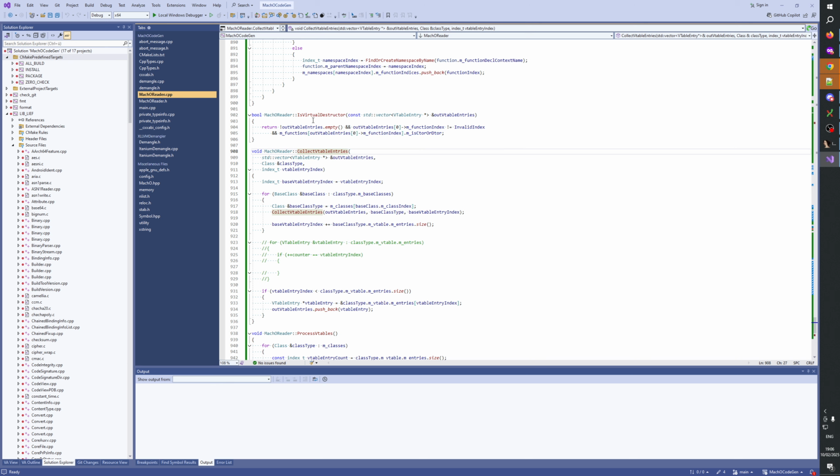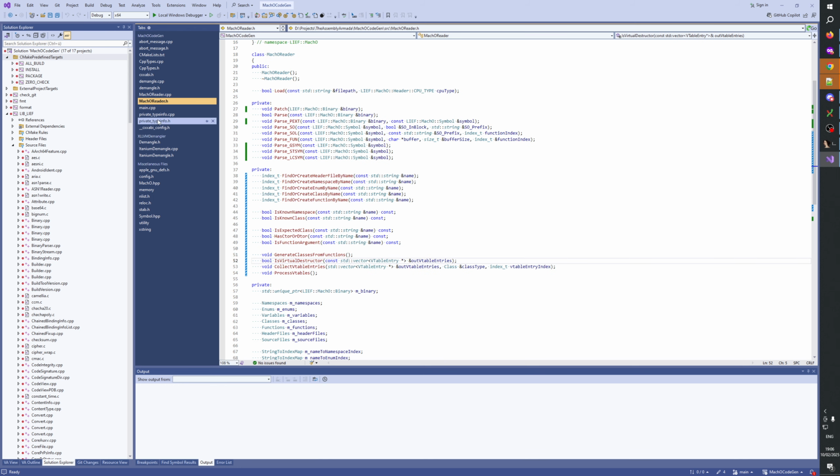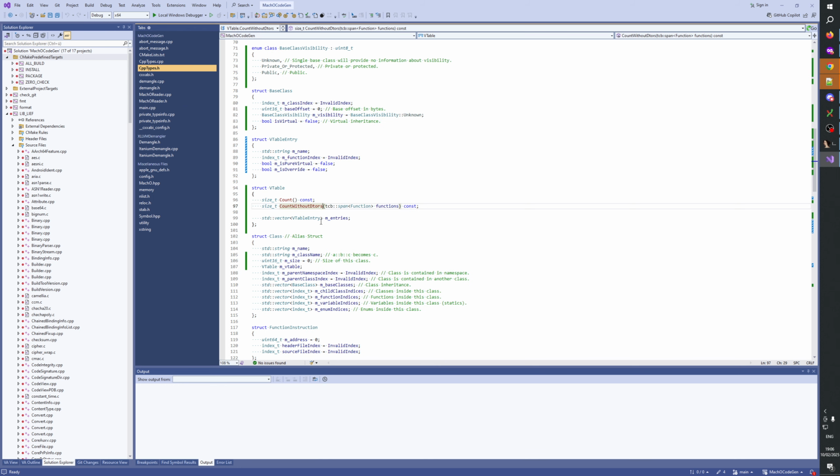I have a new idea how to implement it. I think we need to treat the virtual destructors and other virtual functions separately. Yeah, I think so. So if we have the CPP types here,